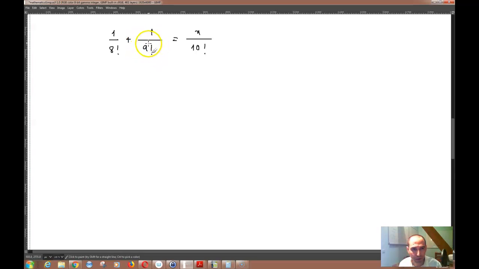Or you can write this as 8 factorial times 9. So that's 1 over 8 factorial plus 1 over 8 factorial times 9. And then you can write this as, for example, x over 10 factorial. And then that would be equal to, for example,